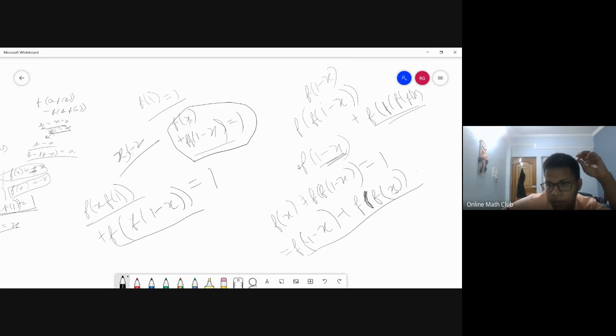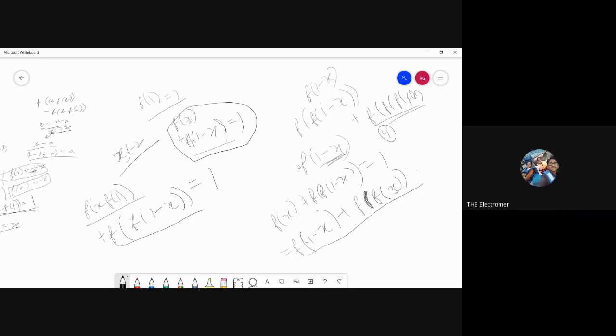I'll believe whatever you say because this is just computation that I don't want to do. Wait, no, it can't be 3. It has to be f4. Okay, no, 3. Okay, 4, you're right. It actually has to be 3. It can't be 4. It actually gives x equal... it has to be 4.